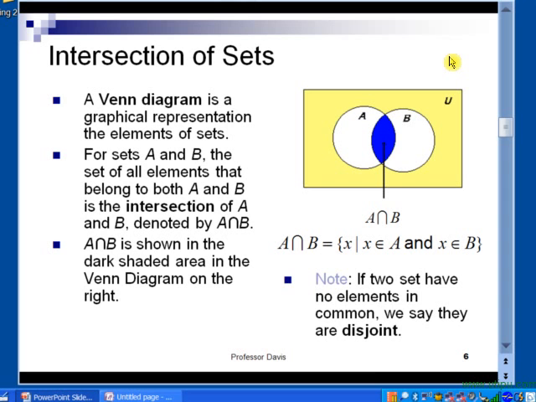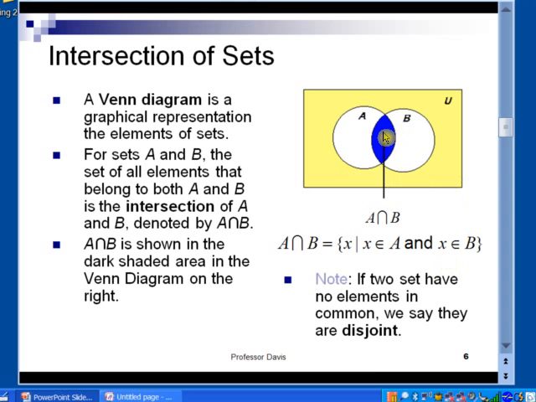Now notice how we write the symbol for intersection. It's a horseshoe that's kind of upside down. All right. So an element is in the intersection of sets A and B if it's an element of A and also an element of B. All right. So let's say that again here. A intersect B is the set of all X such that X is in A and X is also an